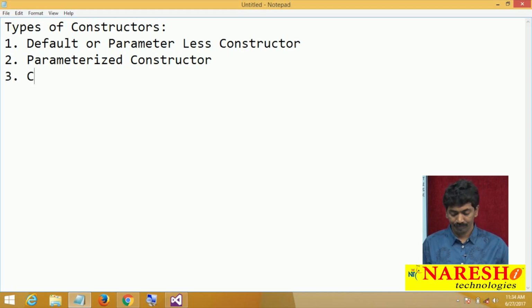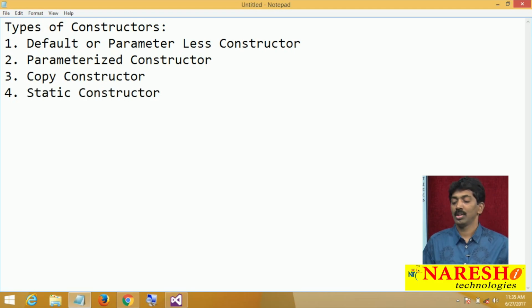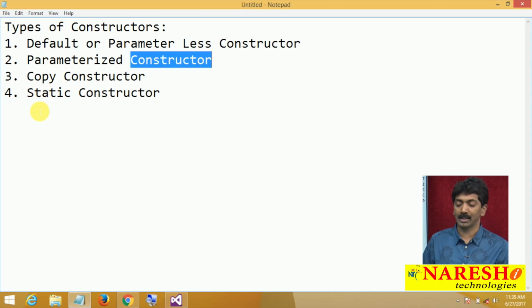Third, copy constructor. And the fourth one is a static constructor. So these are the various types of constructors a class can have: default or parameterless constructor, parameterized constructor, copy constructor, and static constructor.